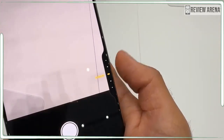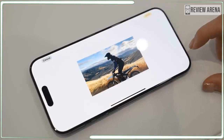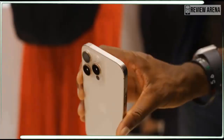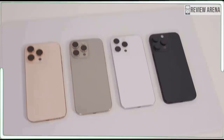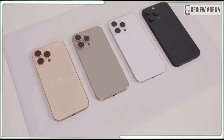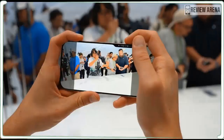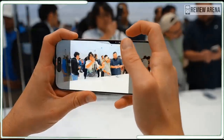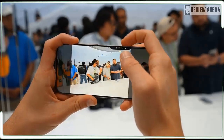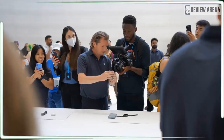You won't need to play a game to experience this power, though, like the A18 found in the iPhone 16 and iPhone 16 Plus. The A18 Pro has all the juice you need for Apple Intelligence. In my brief experience with the iPhone 16 Pro Max, this is not full-boat Apple Intelligence. When the iPhone ships next week, it won't have any Apple Intelligence, but an iOS update should roll out next month, and then Apple will slowly seed the rest of Apple Intelligence into these iOS 18 running iPhone 16 handsets